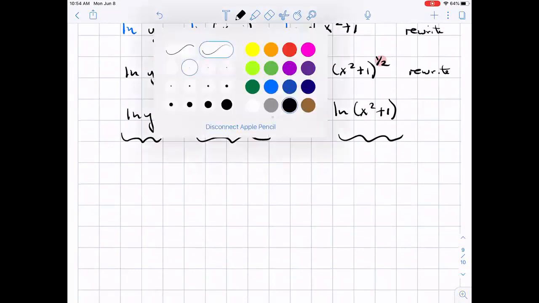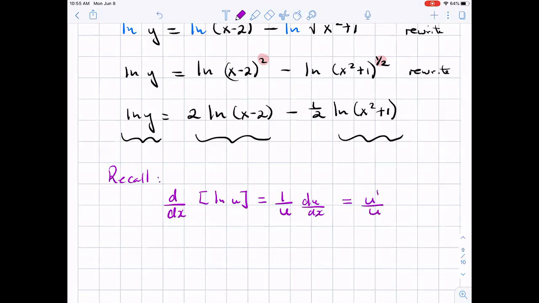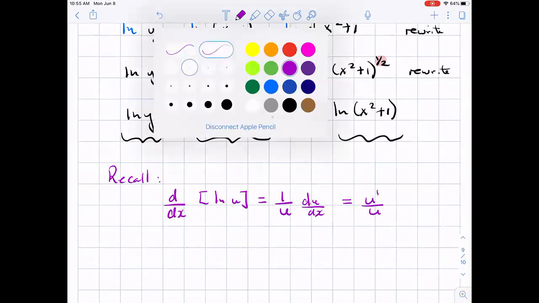So you may want to recall that d/dx of some function ln of u is equal to 1 over u times du/dx, which is really u prime over u. So if we apply that